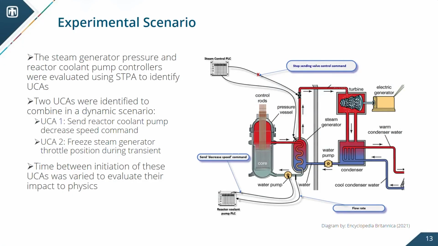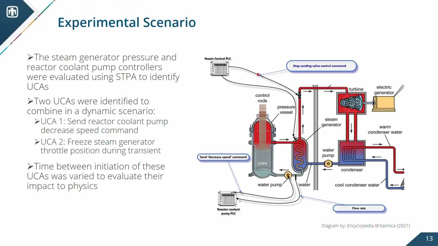So what do we want to do with this approach? Well, one of the things that we really feel strongly about is that a single UCA, just like in the previous example, will not really bring about the large, severe consequences that we really need to be focused on. And so we were looking at how do we see combinations, right, of a UCA on the reactor coolant pump, and then we sequence that and time it correctly with the steam generator. And so one of the things we really found with this experiment was that we wanted to take the reactor coolant pump flow down to 0, and then second, we wanted to freeze the steam generator throttle so that it would take the pressure down to 0, right?